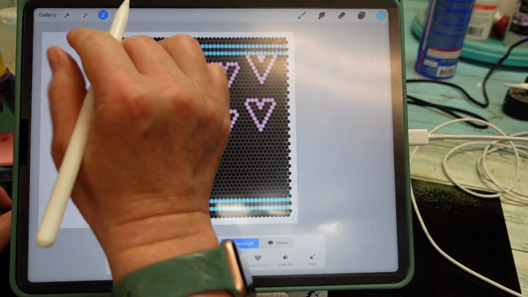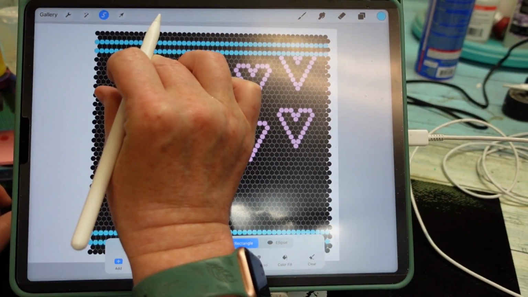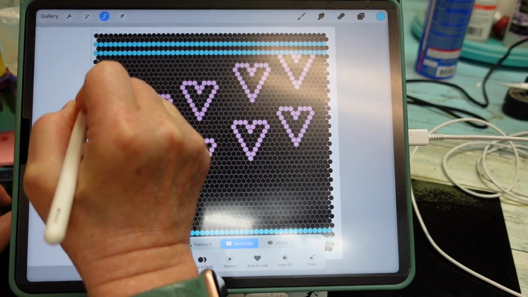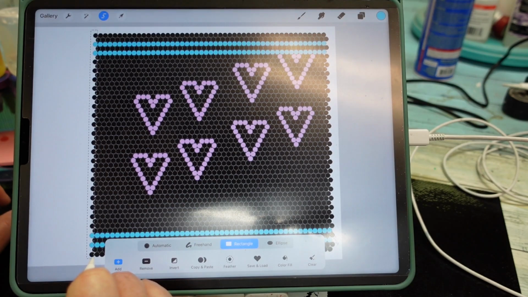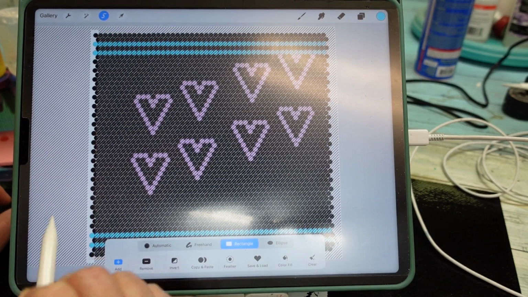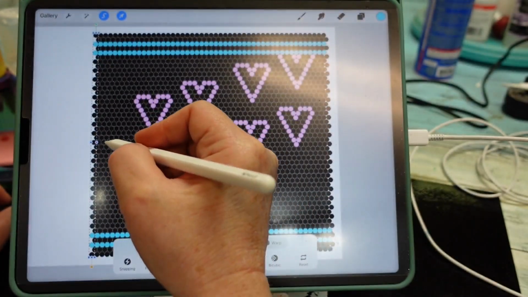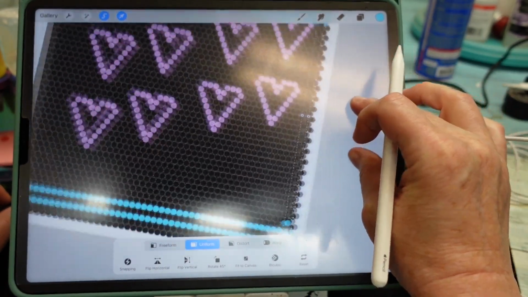So rectangle, and what I'm going to do is tap and select 1.5 rows of, it doesn't matter where you do this. You can do this anywhere, but I like to do 1.5 rows of the circles. Okay, so now I have that selected, and I'm going to hit move, and I'm going to slide it over,